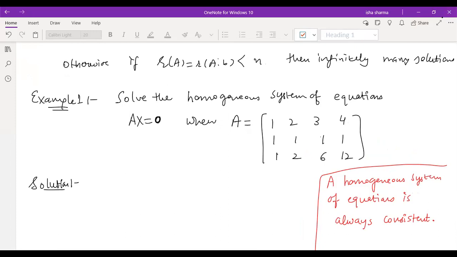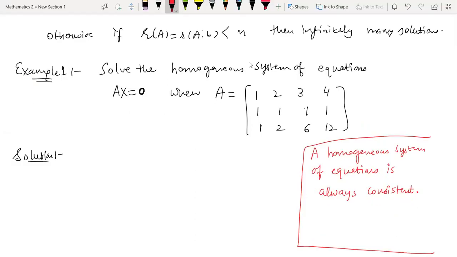0, 0, 0. Yes, Pratham, you're right. It always has the 0, 0, 0 solution. Everybody can see that whatever equations I write, because the right hand side is 0, the 0 solution is always there. 2x1 plus 3x2 is 0, 4x1 minus x2 is 0, so the right hand side is 0. So x1 is 0, x2 is 0, will always satisfy the system.